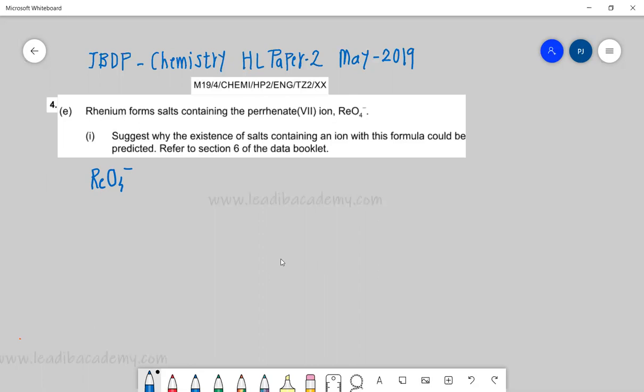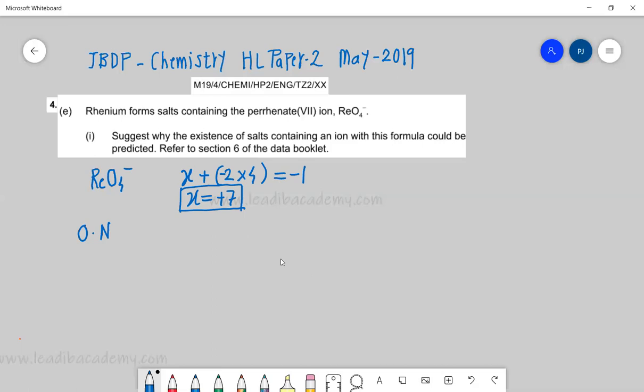We know how to calculate. Oxidation state of rhenium in this case is X. Oxygen, we know the majority of the time it is -2, and there are 4 atoms, and overall the charge on this ion is -1. So we can easily see that X is equal to +7. So what does it mean? That means